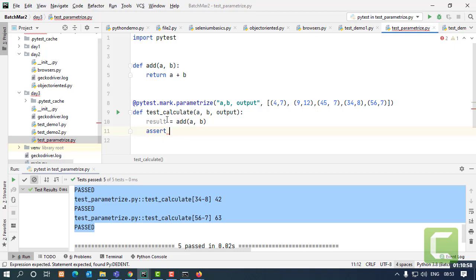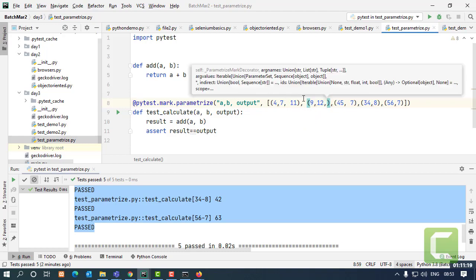So I will say over here assert result equals to output. That I can do. But I need to have this parameter output passed. So my parameter list will be having something over here.